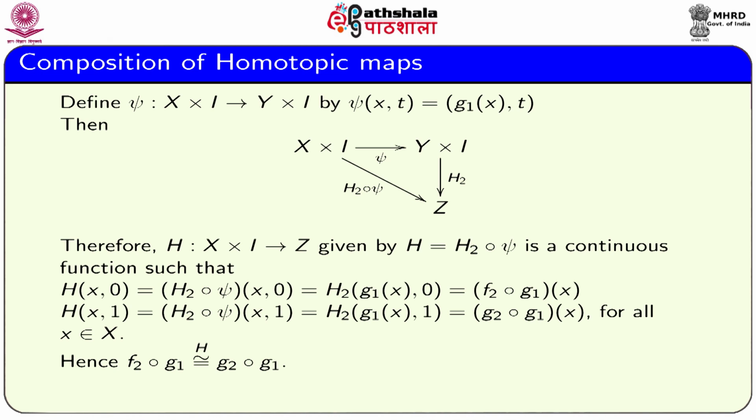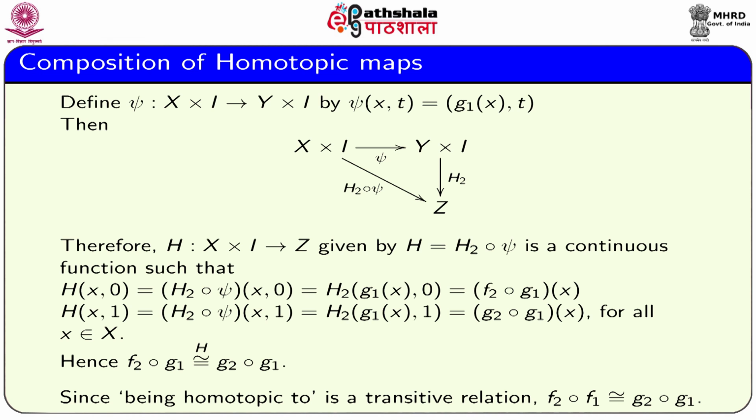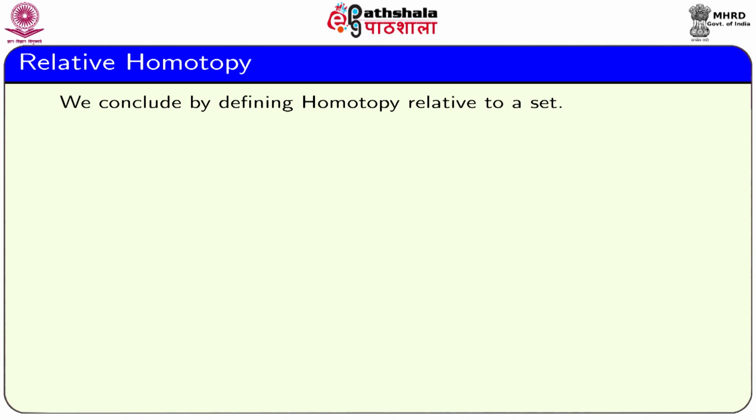Now, if we take these two results, then we have already seen that f2 composed f1 was homotopic to f2 composed g1, and now f2 composed g1 is homotopic to g2 composed g1. So combining these two, as homotopy is a transitive relation, f2 composed f1 will be homotopic to g2 composed g1. Now we conclude